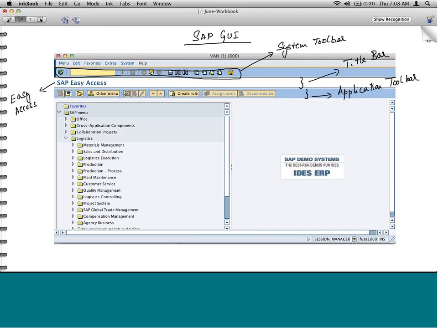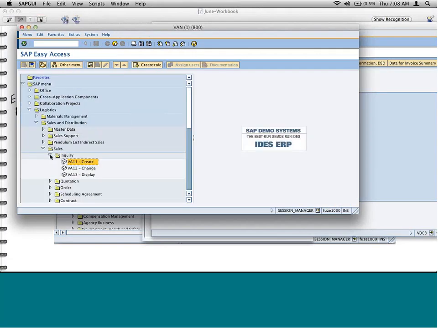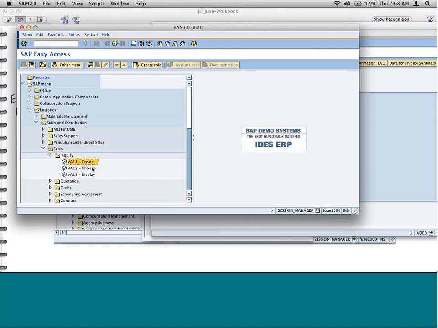This is called a hierarchical menu tree. As you can see, it's a dig down kind of a menu, right? So if you go back, you can see that you can dig down and then reach the final level of transactions. So this is called the leaf node where you see the transactions. For example, if you take a look at this,